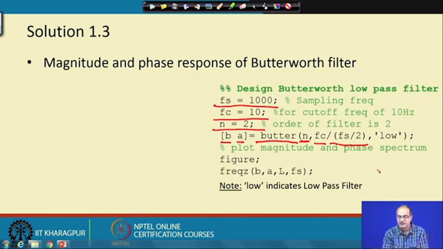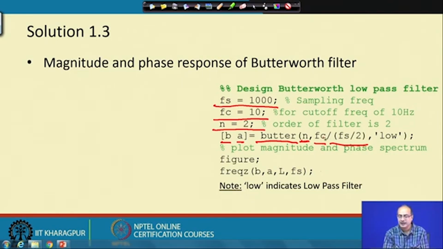If we look at the graph, on both sides, if we take the normalized frequency, it is minus 0.5 to 0 and 0 to 0.5 on the right-hand side. To take care of that fact, we are taking half of the sampling frequency,